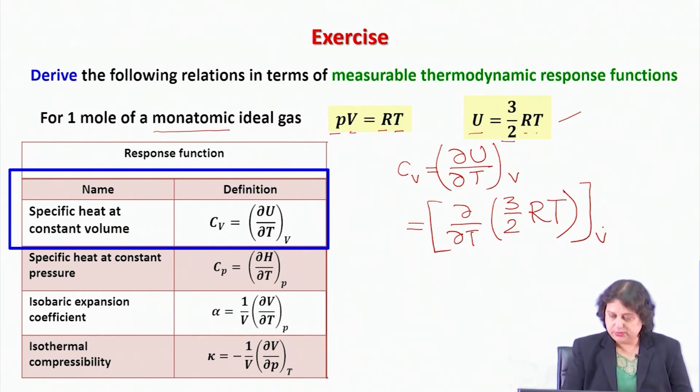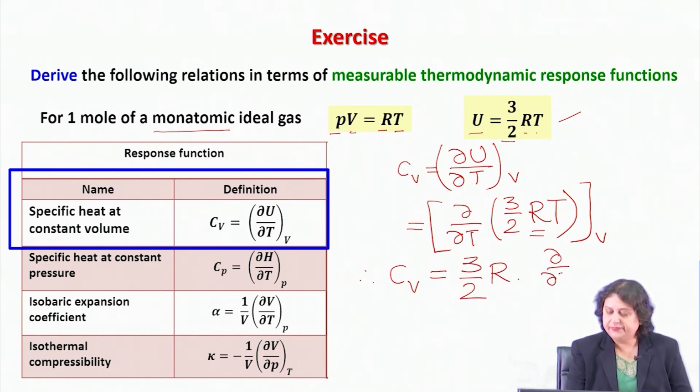If that is so, I know that R is a universal constant. It doesn't have any dependence on the temperature or the constant volume that you are working with. Therefore, I can say that Cv is equal to 3/2 R into del T operating on T under constant volume condition,